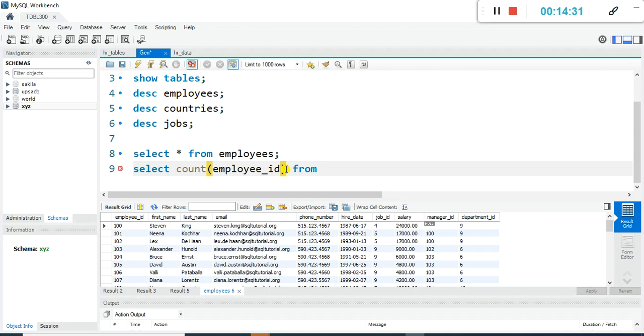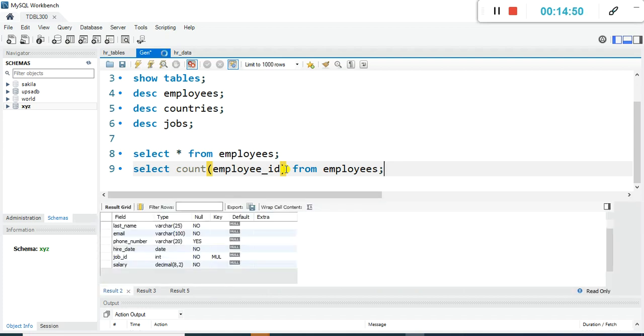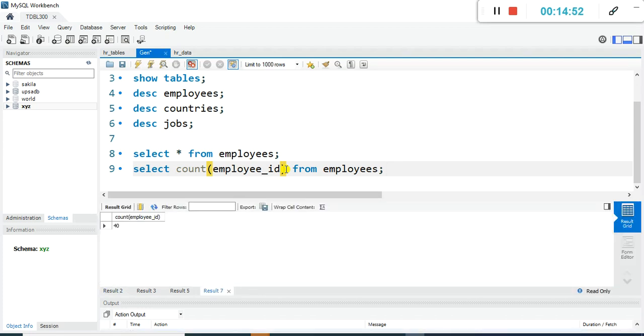Employee ID is found inside the employees table. So from employees. This is case sensitive, and then you should just make sure you get the right spelling. Okay, that is very important. So let's execute that as well. All right, so we have 40,